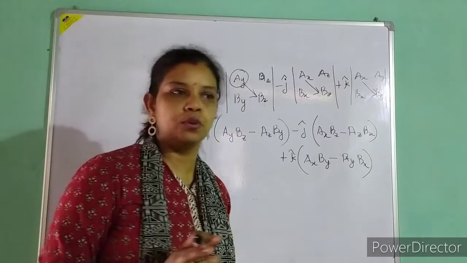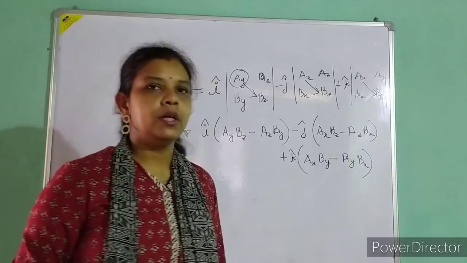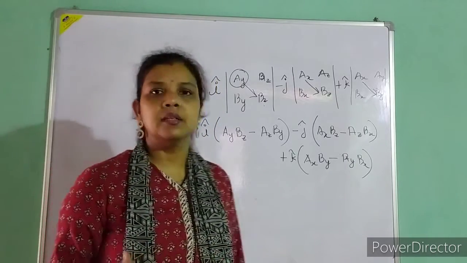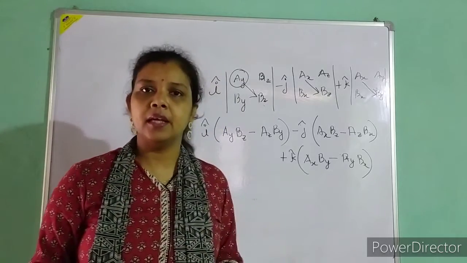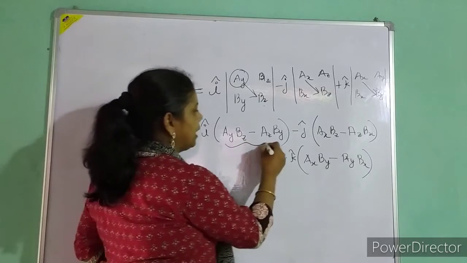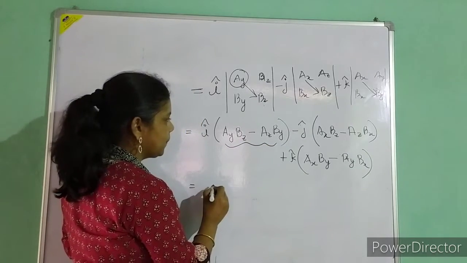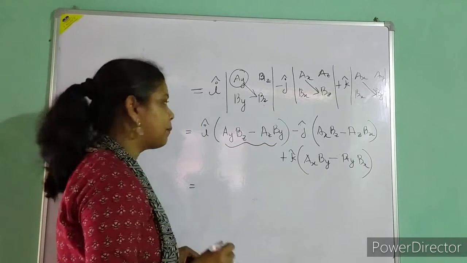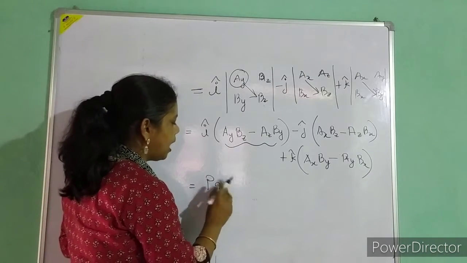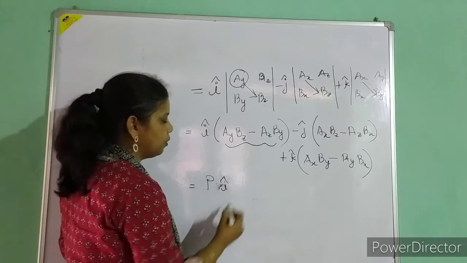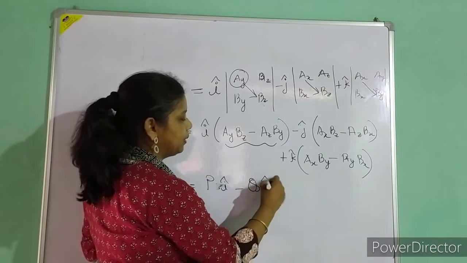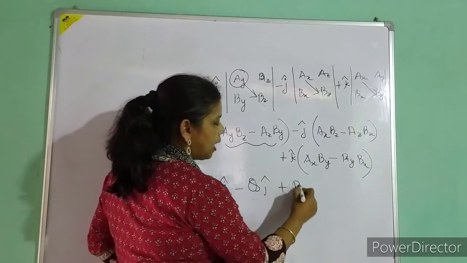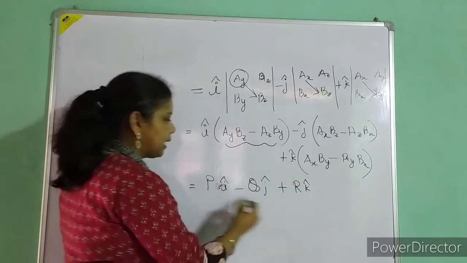Actually it is a matrices rule, the way we used to find out the values of ax, bx. On the sums, when numbers are given, they will come as a, again our equation. Suppose this one I have written, let me write this as p. So this will be my p, i cap will be there, yes or no? Then the second term, minus q, j cap will be there, then plus r, k cap will be there.